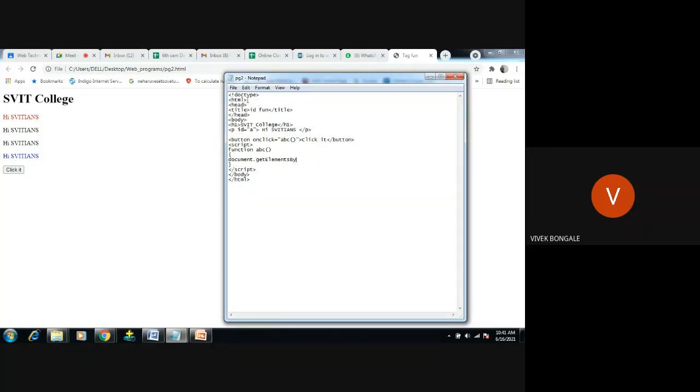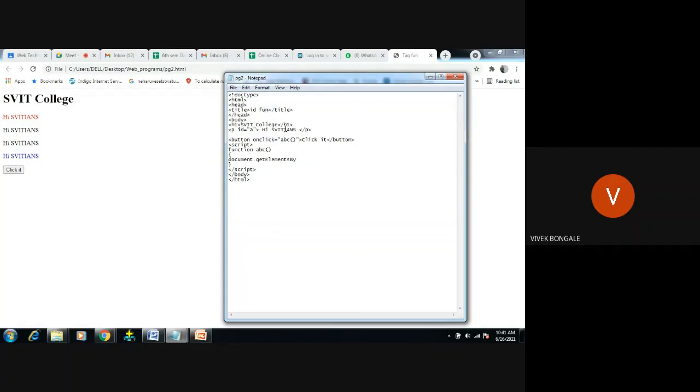What I'm doing is, I am getting this element, means I am passing this element, this HiSVTians, this text node, to JavaScript with the help of this ID. With the help of this ID, I am passing this HiSVTians to the JavaScript, and I am changing this HiSVTians to some other statement when I click on this button. I hope you guys got it, right?